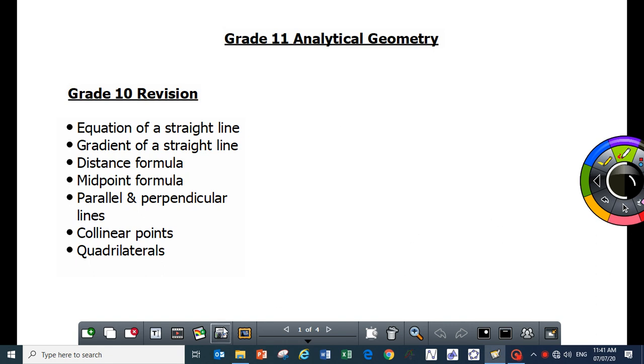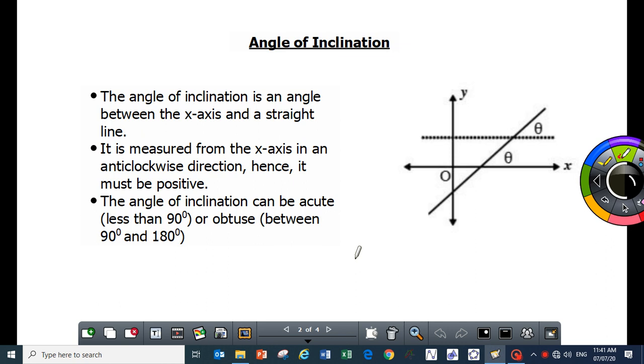Now today, I'm going to introduce a new concept which we have never done before, which is called the angle of inclination. Before you write anything down, don't copy anything, I'll tell you what to copy. You need to be aware of what an angle of inclination is. In my past experience, most learners just answer questions on grade level analytical on angle of inclination without